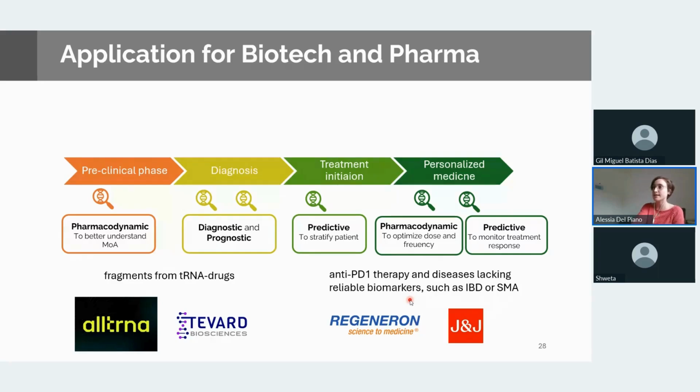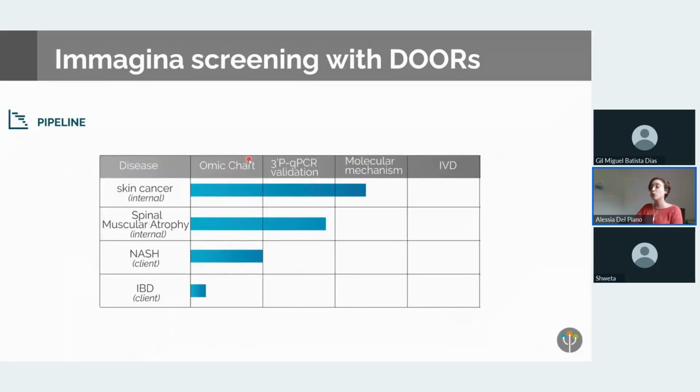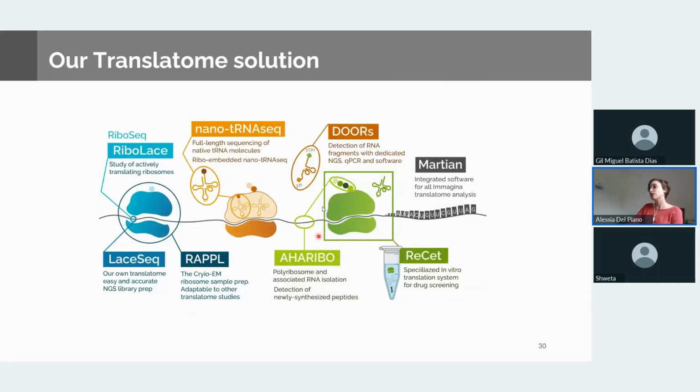I want to emphasize that internally at Immagina, we do not only cover cancer today; we also internally develop a pipeline for spinal muscular atrophy, which is a rare neurodegenerative disease, and we are starting two new cases, one metabolic and one on inflammatory bowel disease. Overall, I want to say that this is just part